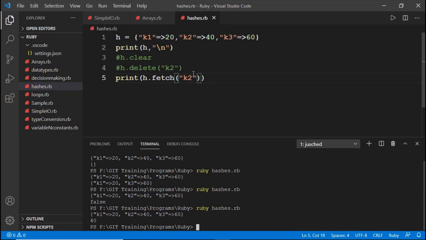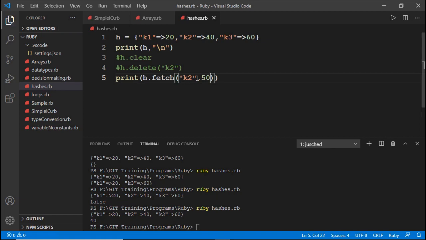Here the fetch method also has one more parameter, which is used only when the key is not found. For example, here I would like to take the value 50.